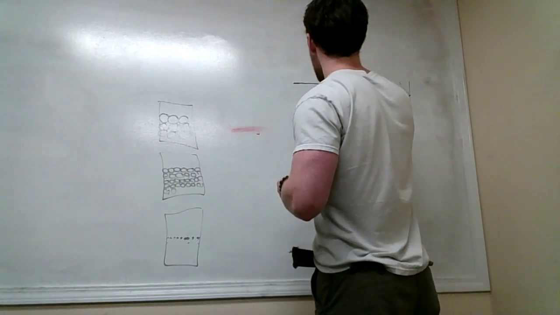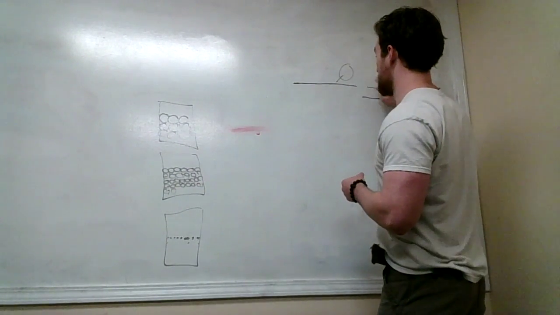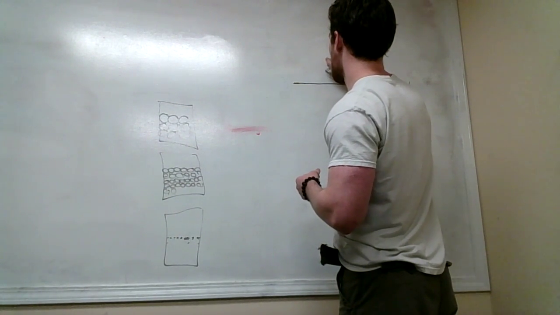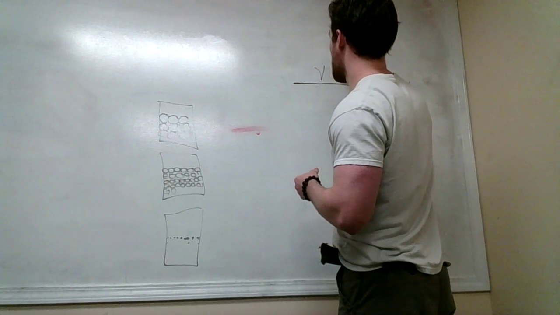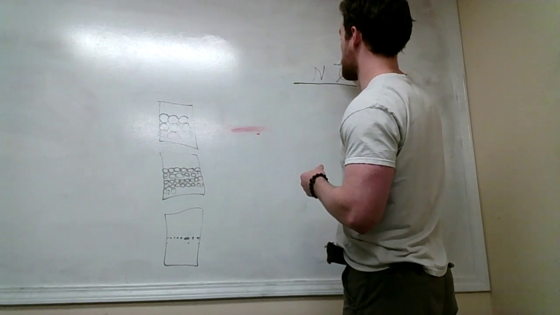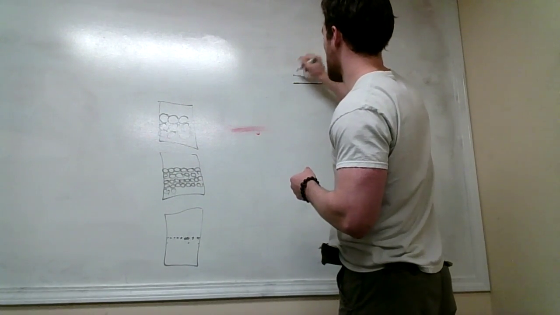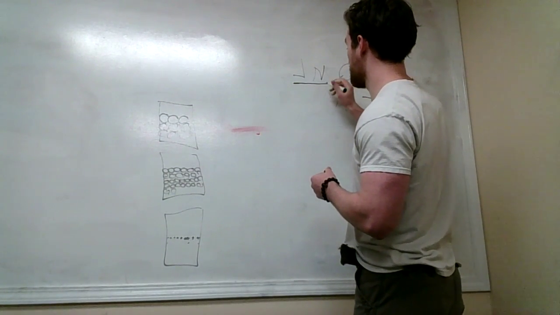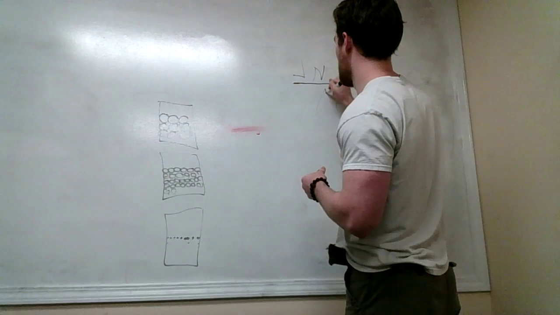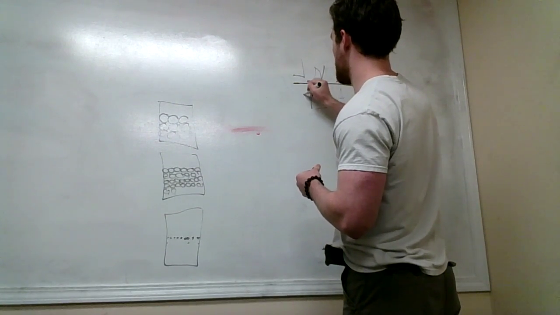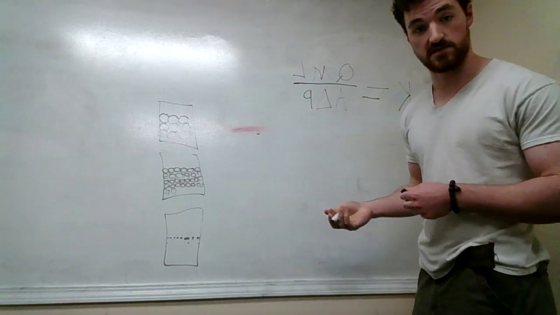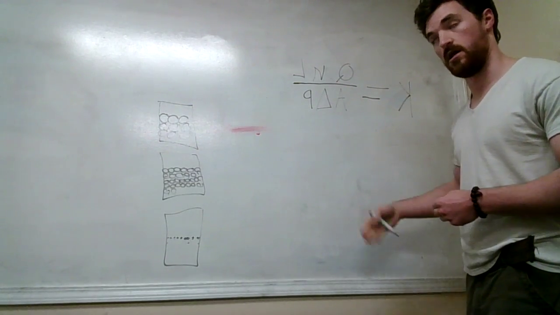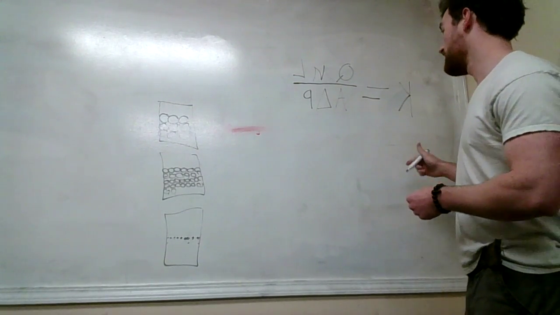So K is permeability, Q is flow rate, mu is viscosity, L is length, A is area, and delta P is the pressure differential. I'm not going to go into the units here because I can't recall all of them off the top of my head, but